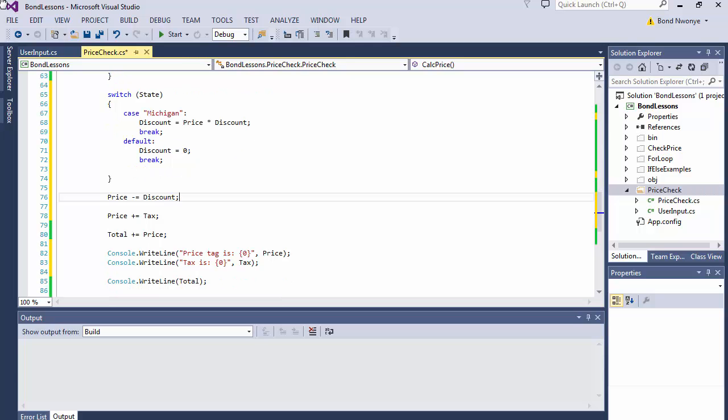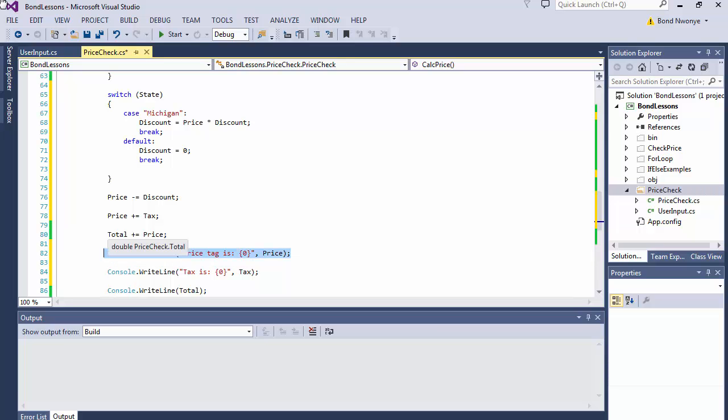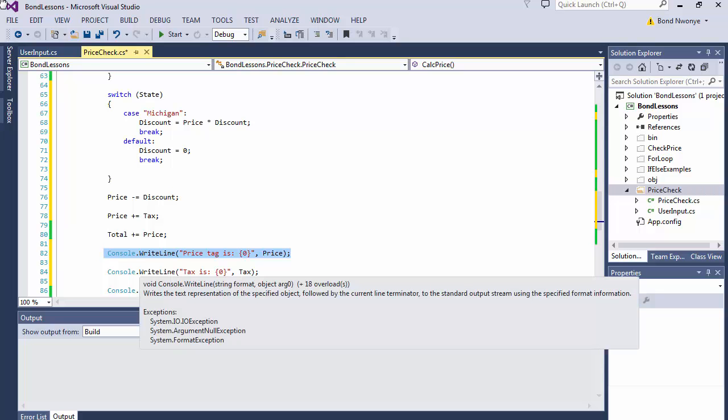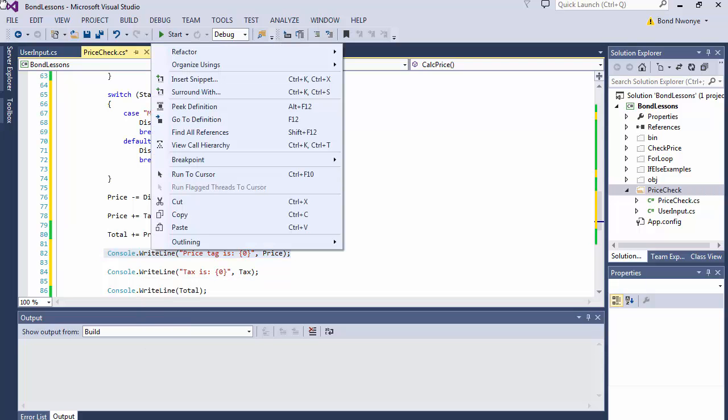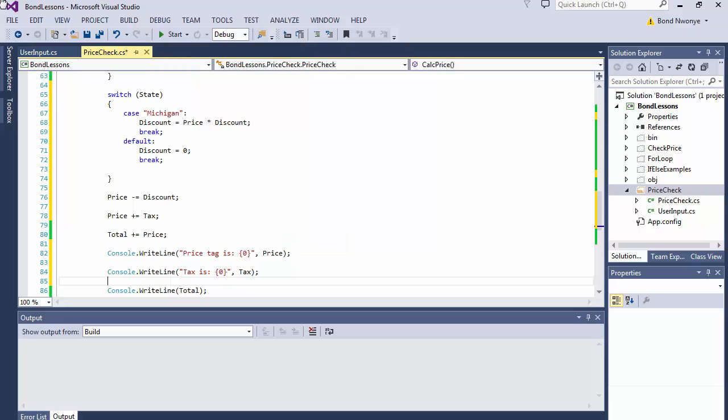I said we're going to make more descriptive displays. So let's come over here. We have a price tag. We've displayed the price. So right after that, before we charge a tax, let's add a display for discount. So the logic, the thinking is this: get a price tag, apply the discount. Once you know what the new price is, now do the tax on that new price. So I'm going to copy here just to make it quicker. Paste, Ctrl V. So I will say discount is